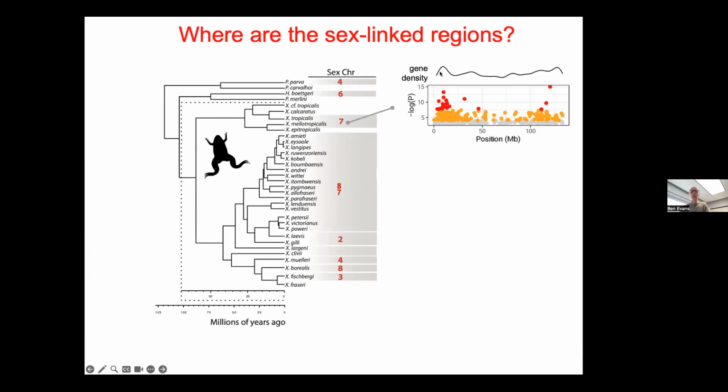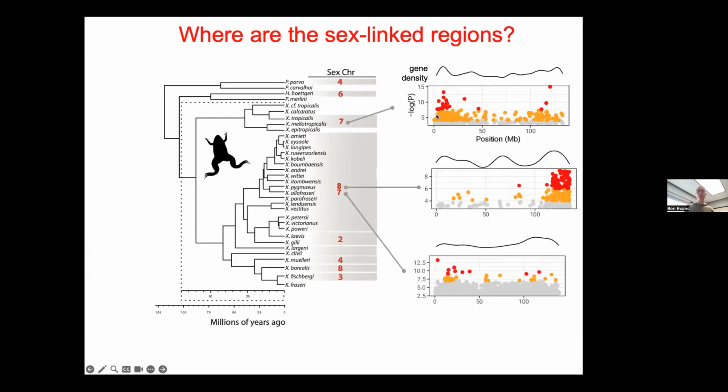Above each map, I'm showing you a density of genes. And so in this case, there's a high density of genes in the area that happens to also harbor the sex-determining gene. We can look at other species and we see a pattern that very much echoes this finding